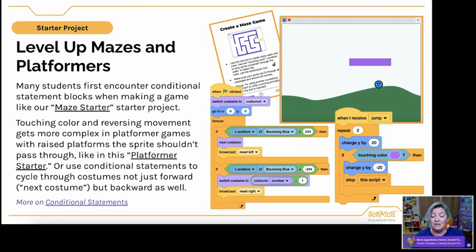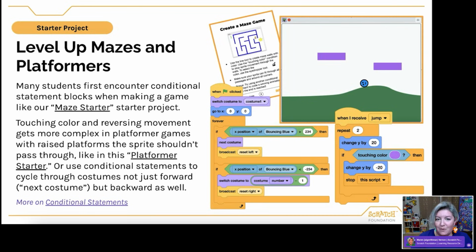And they might come to you, and just remind yourself you don't have to have all the answers. As a facilitator, you're not necessarily meant to be able to fix the problem for them. It's really valuable to just be able to have them talk through it with you. Sometimes talking it out loud, they can solve it for themselves. Figure out where you can find other sources to go to for help. That's really the goal here. You don't need to be a master programmer to have students start to interact with games.